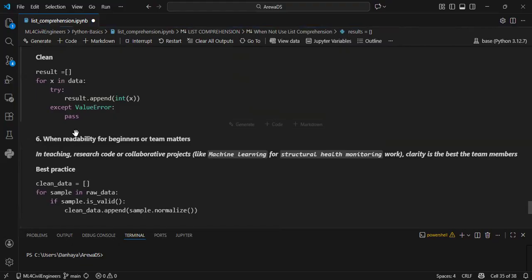So I told you this one before. When reading list comprehension, for beginners or team members, I think it is very, very difficult for them to understand. So that's why, with all these advantages, please use list comprehension only when it is your option. For example here, the best way to do it, if you want to clean data, is to use a for loop. Even though you can use list comprehension, it will be very, very difficult for